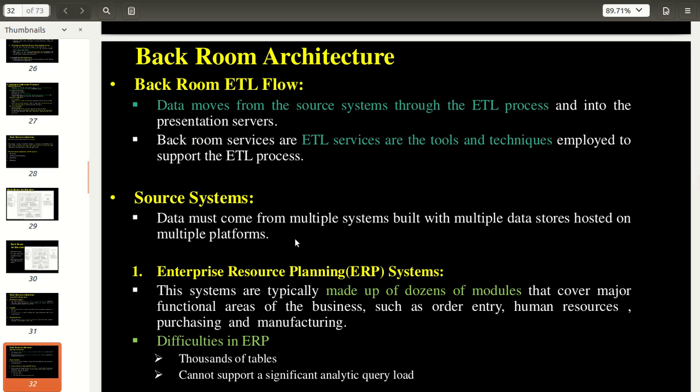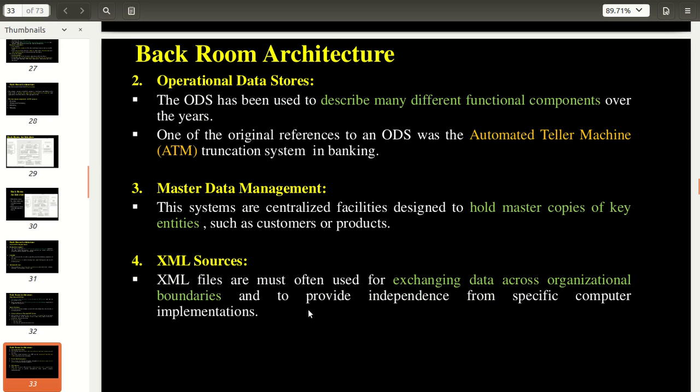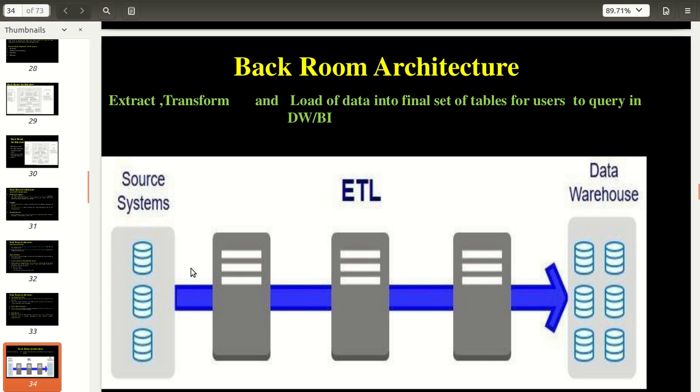So the backroom ETL flow starts with the source system. There are different source systems. You can collect data from ERPs. Next, you can collect data from operational data stores, ODS. An example of ODS is an ATM. Then master data management, then XML sources.